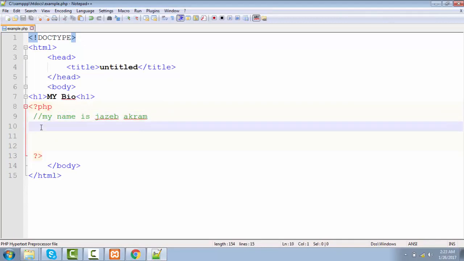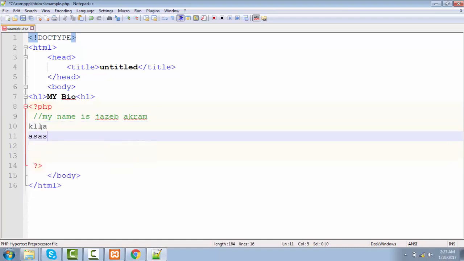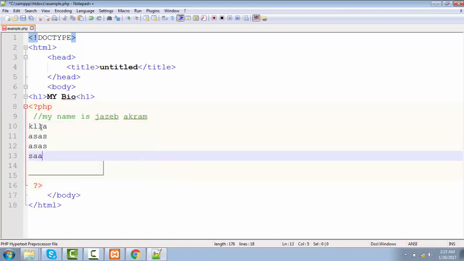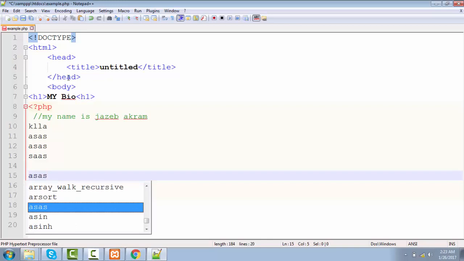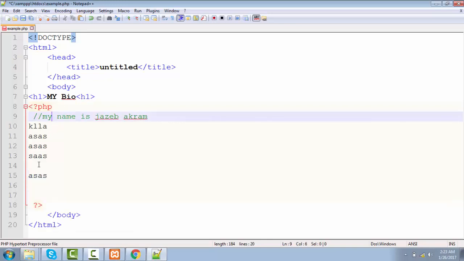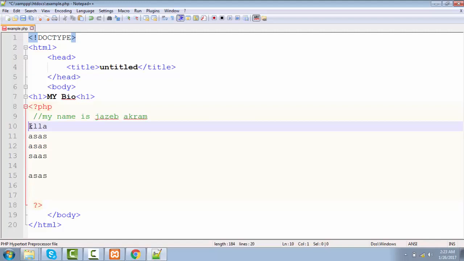And if you have some code like this, now this one is also not valid in PHP, I know, but if you want to add it on some basis and you want to hide it from the user, you can do that by adding a multi-line comment. So how can we add a multi-line comment in PHP?